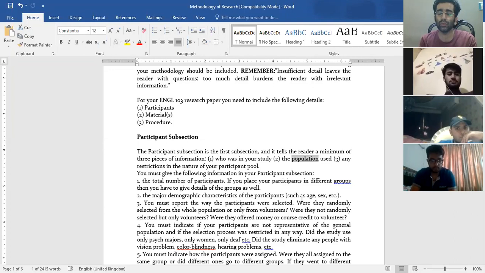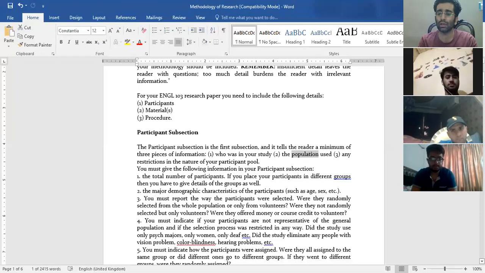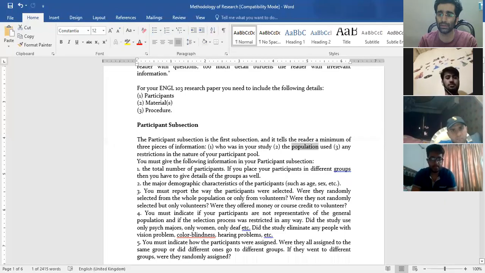And then moving onwards, after population comes sample. The sample of your research is those participants that actually become a part of your research. It's not possible that you collect data from the entire set of possible participants. You cannot go to every single individual at FCC to collect data on anything.